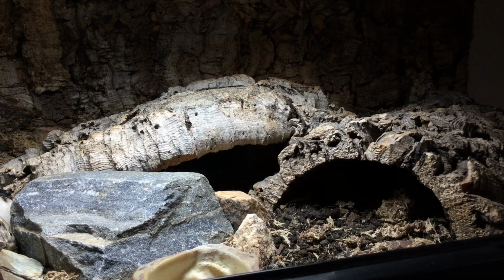So if you've been watching me for a while, then you'll know that I've wanted to upgrade this Exo Terra enclosure for a long time because I just think it's a bit too small for Speckles the Leopard Gecko. And I've been planning a new build for ages, and I've got the new vivarium now, and it's significantly larger. There's nothing wrong with the vivarium itself, but with setting up, I've been having a bit of a problem with it that I'll discuss with you in a sec, but before we go out into the new reptile room and take a look at that,